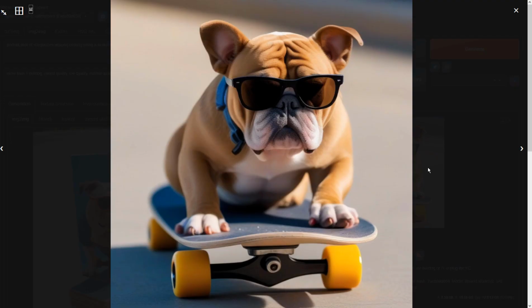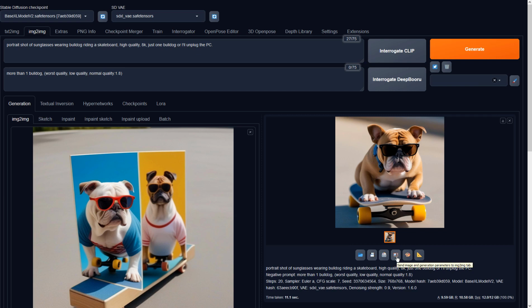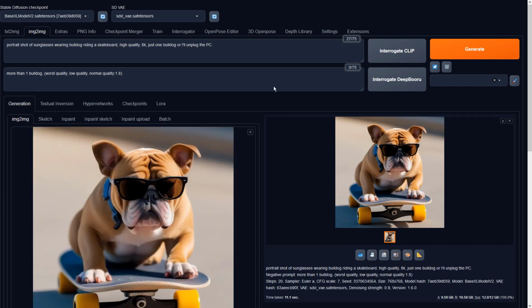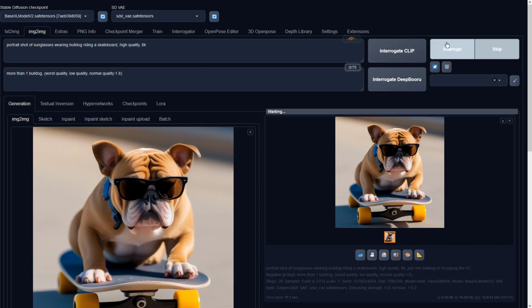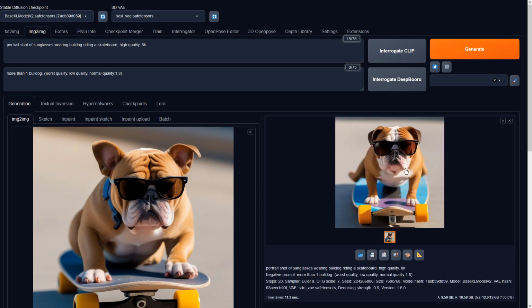That's awesome, but the AI will play more tricks when I generate more images. For some reason, the dog lifted one of their legs.